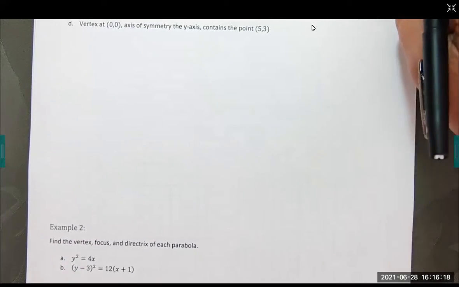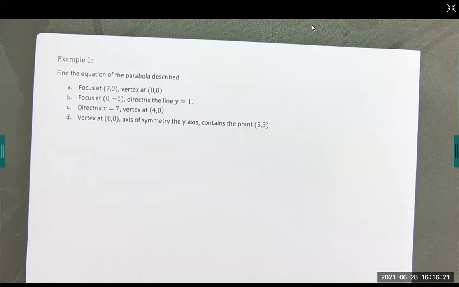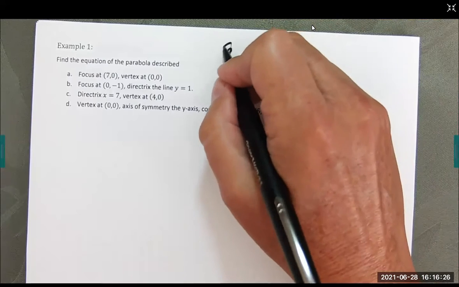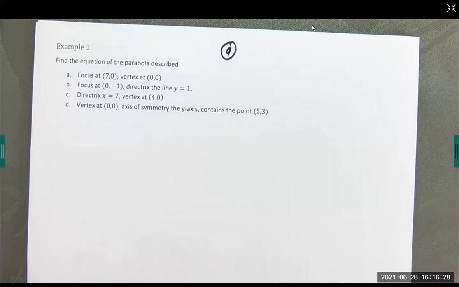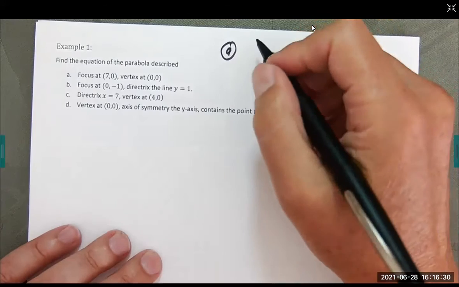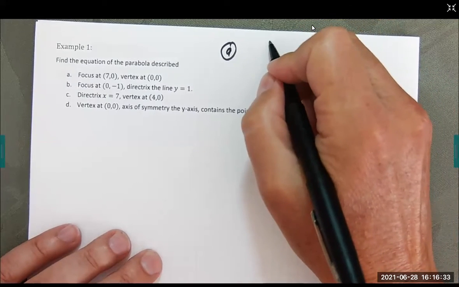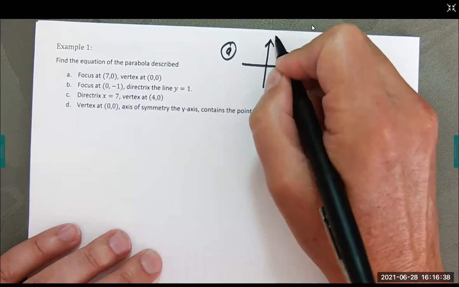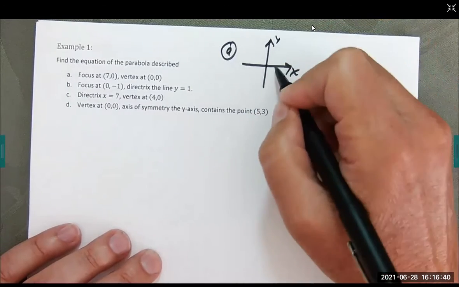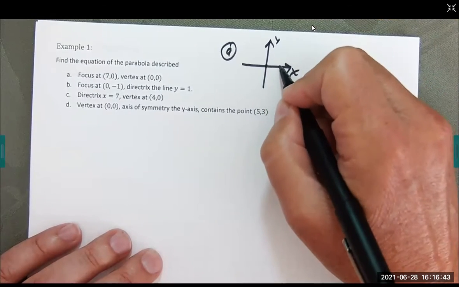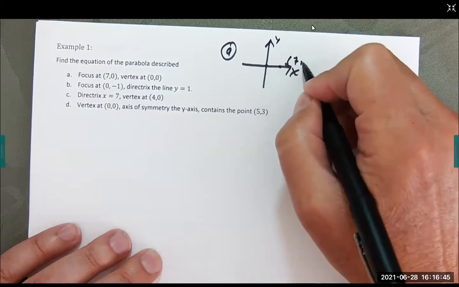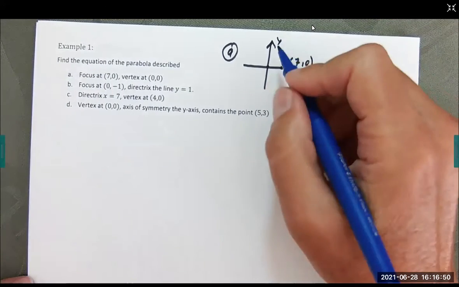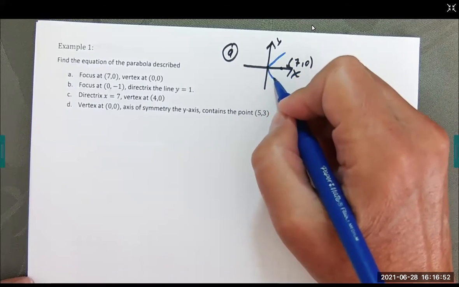So let's actually come up with some equations of parabolas. So we're going to start with the first one. I'll do A here to save some space. We have a focus at 7, 0 and a vertex at 0, 0. So let's maybe draw this. So the vertex is here, and the focus is here at 7, 0. So our parabola is going to look something, focus is always inside the parabola, as it were, look something like